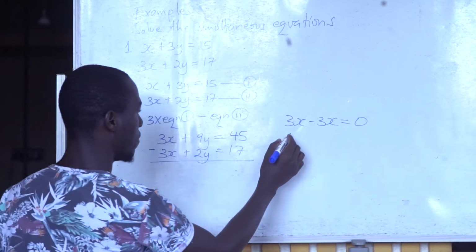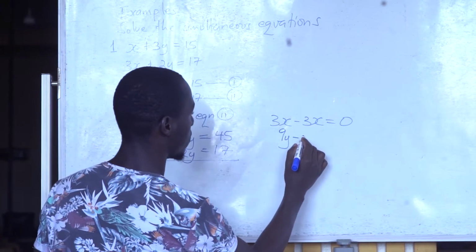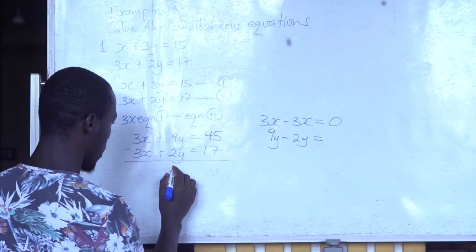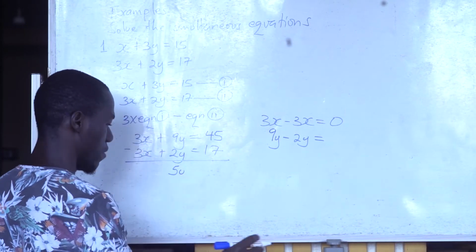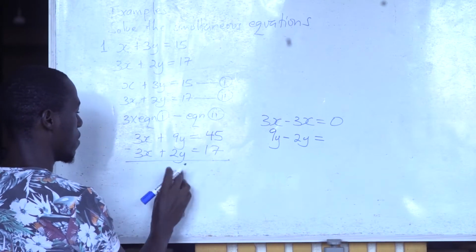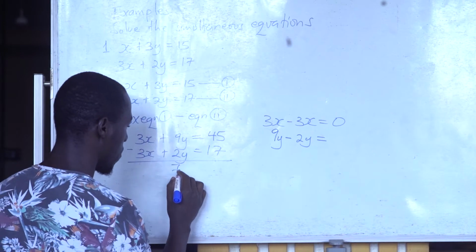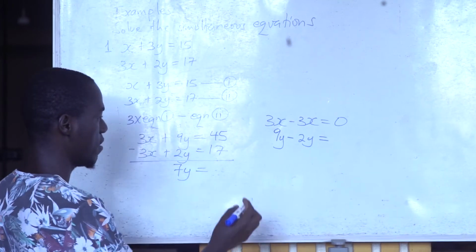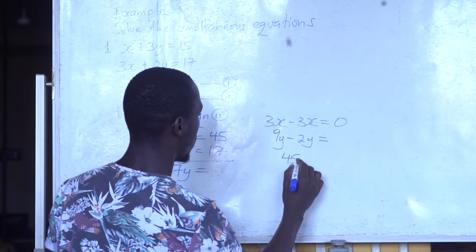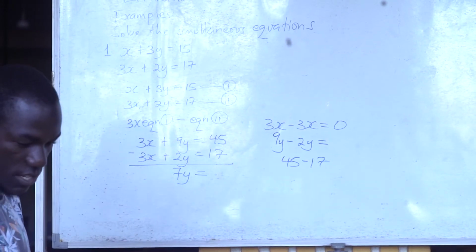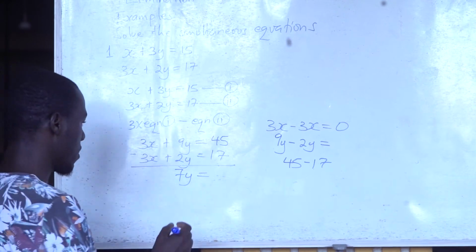And then I have 9y minus 2y, that one I get a 7y. Then my 45 minus the 17, when you use a calculator, you should be able to get